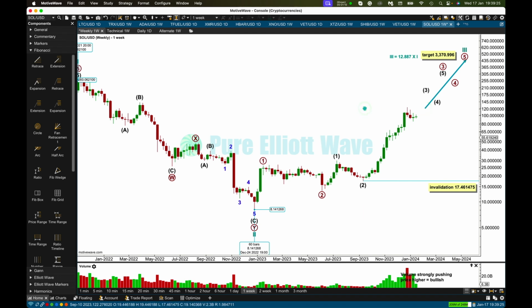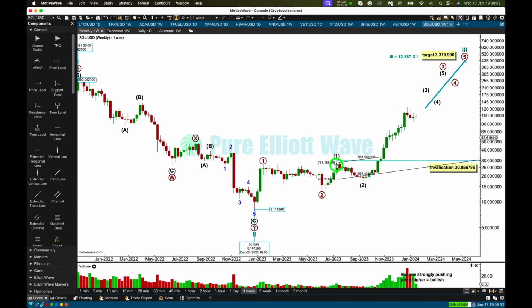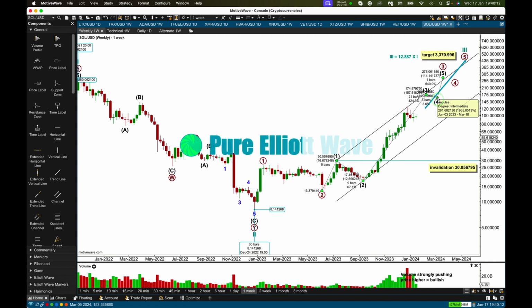So, well, that's the update to the weekly chart. Actually, I think we can move the invalidation point up. And let's get an acceleration channel on this third wave. So from the end of 1 to the last high, parallel copy on the end of 2. As price keeps going higher, you keep redrawing the acceleration channel, and eventually when the third wave is complete, the lower edge may show where the fourth wave may find support, and intermediate 4 may not move into wave 1 price territory below